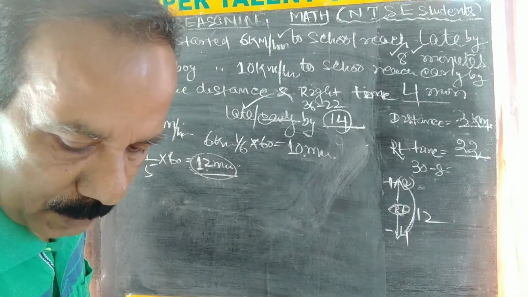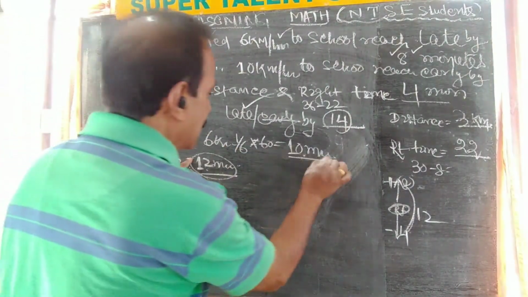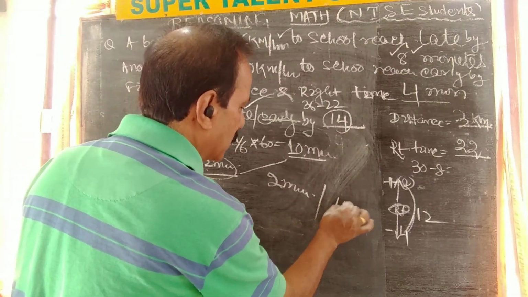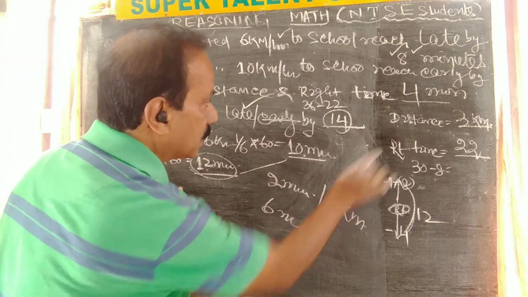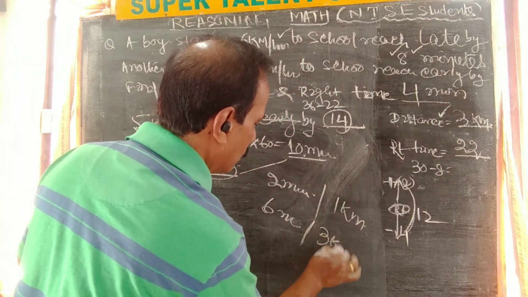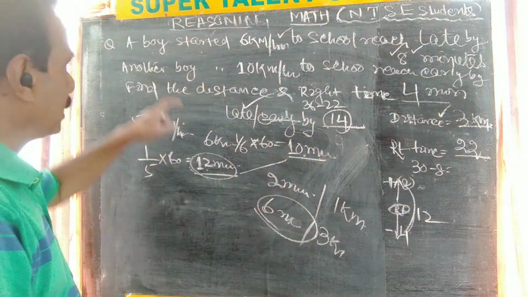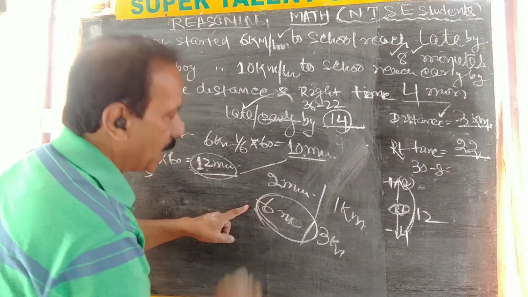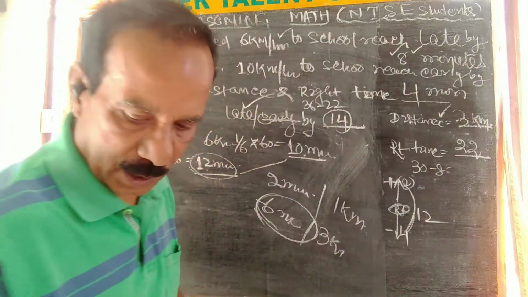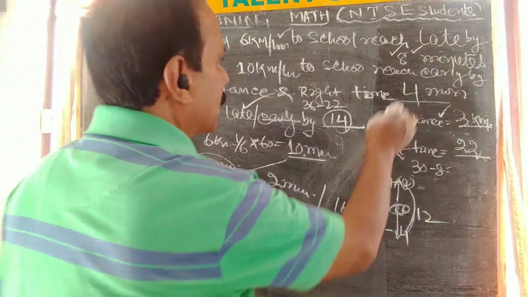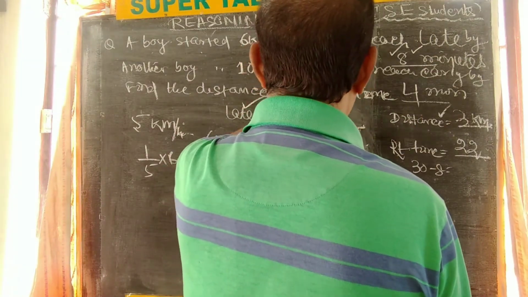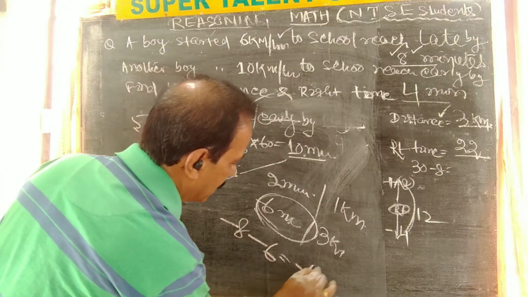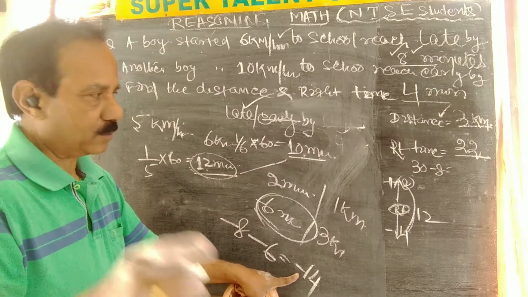minutes. You see, 5 kilometers it is 2 minutes, 6 kilometers 10 minutes, so what is the difference? 2 minutes. See, 2 minutes for 1 kilometer, so 6 minutes for how much distance? 3 kilometers. See, 6 minutes comparing with 6 kilometers, 6 less, 5 more, less by more, how much, 6. You can write minus, so here if minus, so what is the answer? You see here, 8 minutes late, that is, for 6 kilometers 8 minutes late. So 8 late again minus 6 late, so that is minus 14. This minus means left, right, so that is the